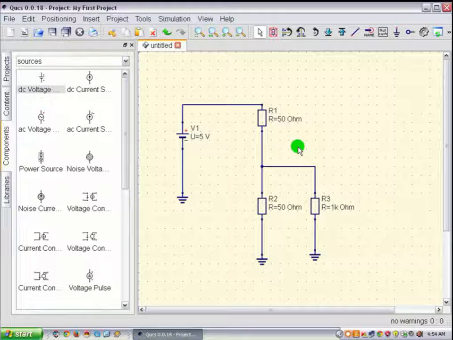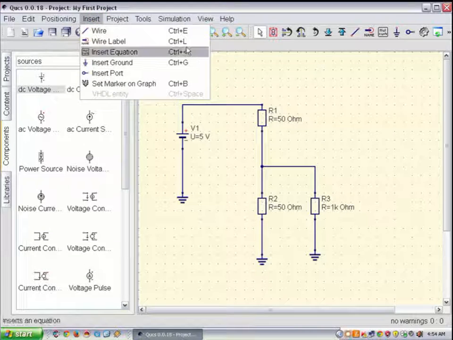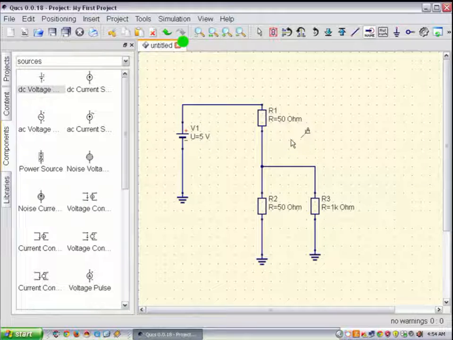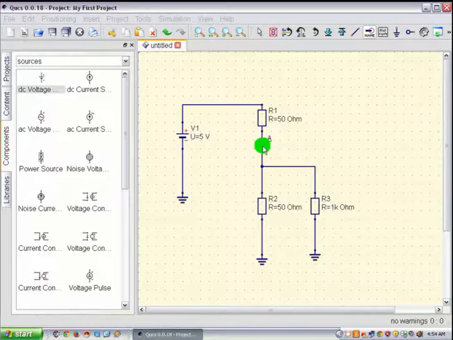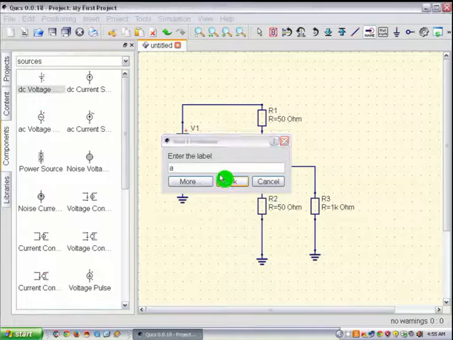Now I want to check the currents through all these branches. So I will name the branches. I will go to name, or in insert I got this wire label. I can even use Control L for this. So I will select wire label. Now you find this cursor has some added graphics. So you click on the wire. I'll call this, let us say, A. So this wire is labeled A,